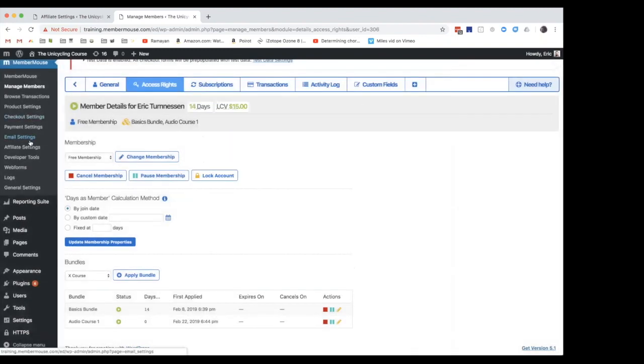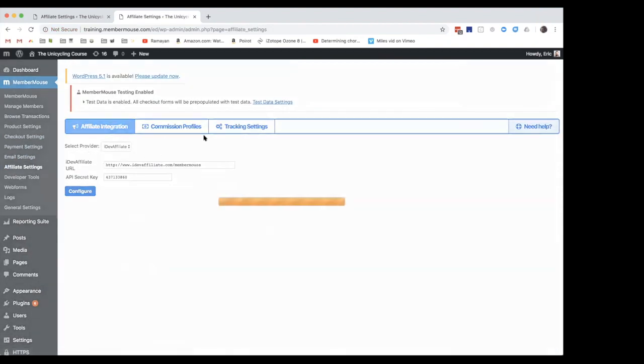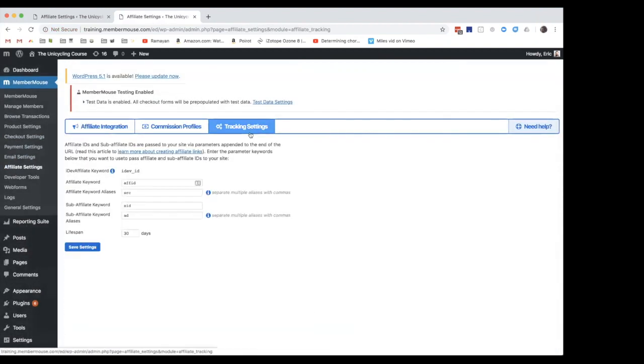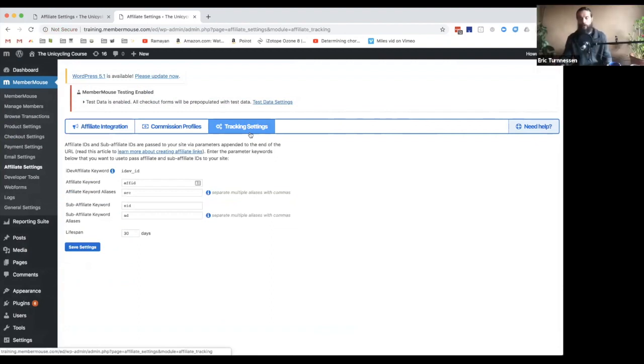I think I already get it. So let's just say my affiliate, I can create a Kenny Conwell affiliate, and then under that affiliate, I can say all my affiliate traffic under that ID goes to Facebook ads. No, you don't even need to create an affiliate. It's specifically regarding tracking. So for example, here I am in affiliate settings, tracking settings. You'll notice you can set up your own keywords. So here I have an affiliate keyword set up to be source. This tells MemberMouse that anything that comes in through the URL marked as source